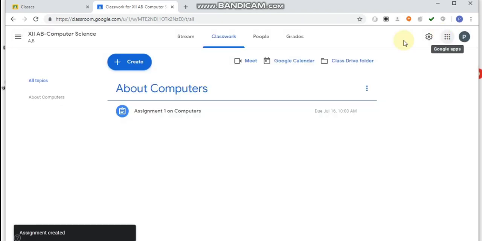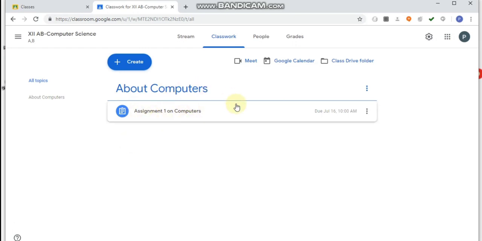So after clicking assignments, this assignment will be visible at the teacher's end as well as at the student's end. Now we will see how a student will work on this particular assignment and will submit this assignment. So let's check from the student side.